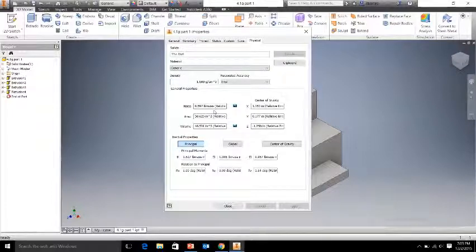So it says the mass is 0.597. What we want to do here is we're looking for the physical surface area and the volume. So if we go down to area, our area says 50.625. That is what the activity calls for, and the volume it says is approximately